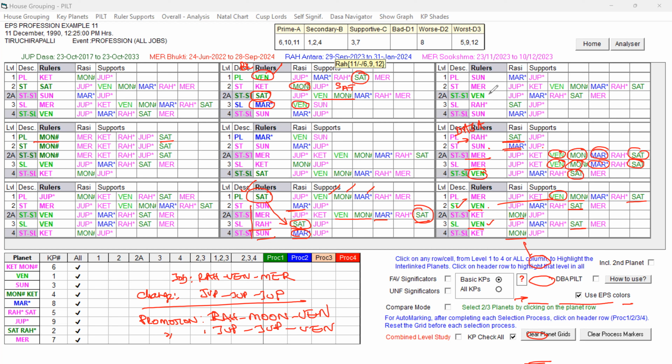So why not in Sun, right? That change causing key planet Mercury is playing a role at the star level, and the Sun is also pink. This is also pink, and the sublord is also pink. So the change causing planet will not have a pink shade at planet level and star level. Yes, that is fine. But if the sublord planet is also pink, it is not going to support change. So that is the basic logic. And so in Ketu Bugdi the native got the change, and Sun Bugdi will not give the change.